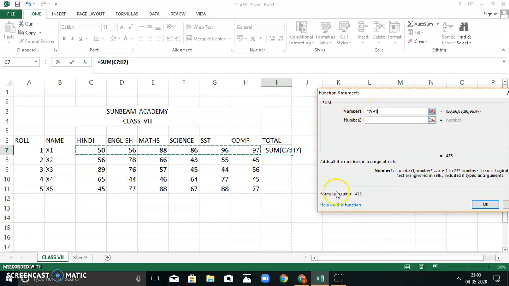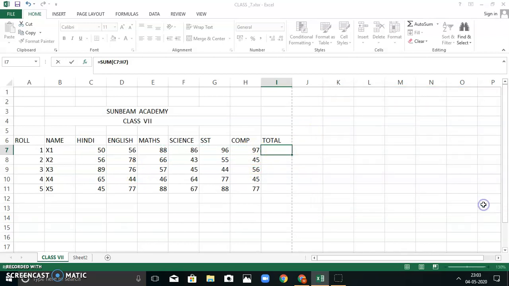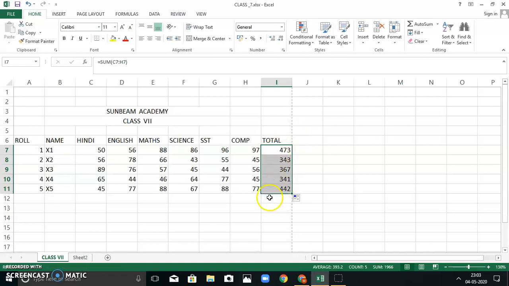So from C7 to H7 and then click OK. See, 473. Now for the second one, again will we do the same? No. We will select the particular cell and then drag it, and you can see all the sums are automatically calculated.